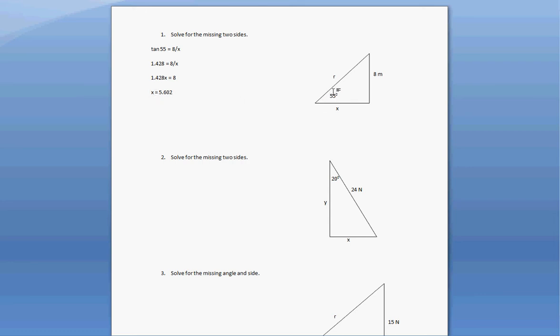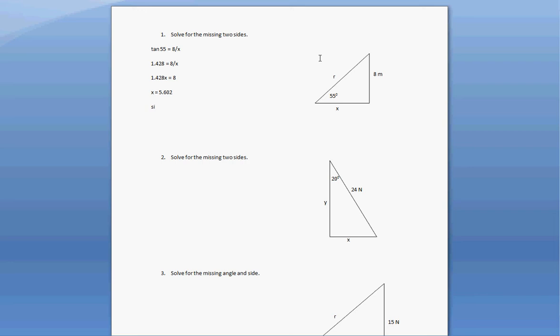Since this is the larger angle, we would expect this to be the larger side. This angle is 35 over here, so we'd expect this to be the shorter side, and this number is shorter than this number. Now to solve for the r, we have the opposite, and we're looking for the hypotenuse, so